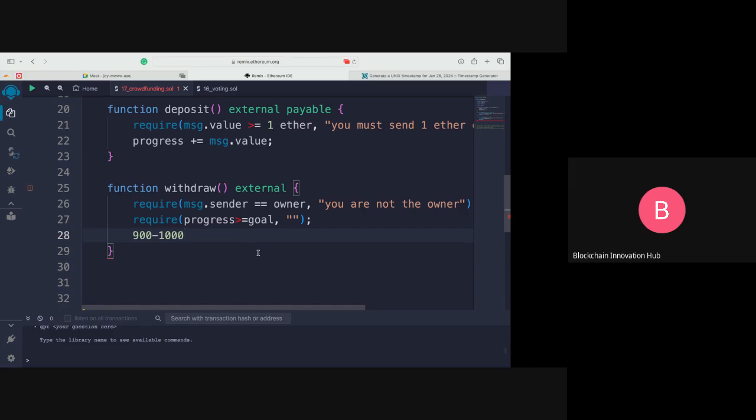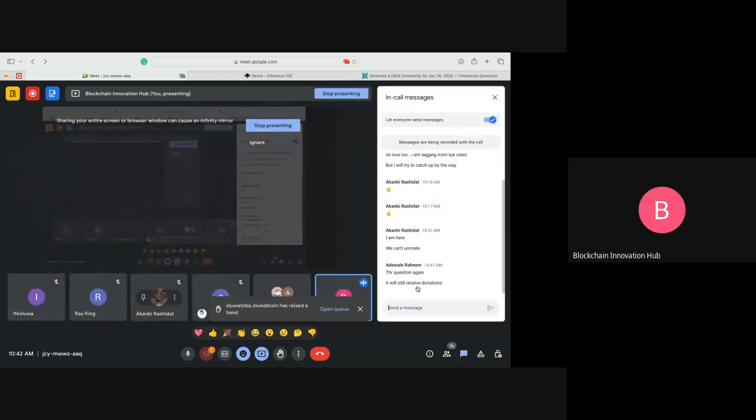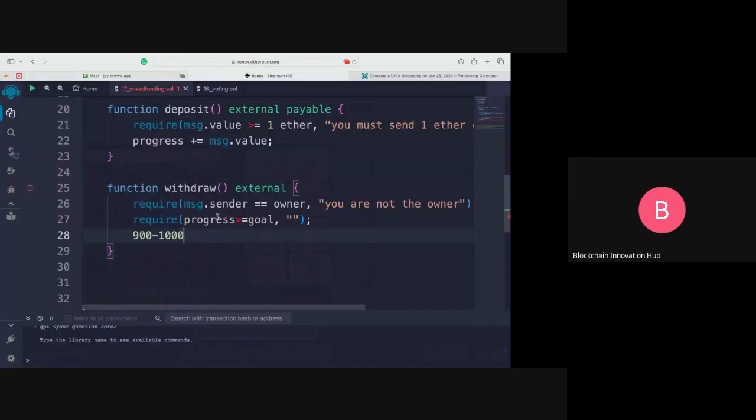At this point, do you think the contract will keep receiving donations or stop receiving donations? Receive donation, awesome. So that's correct. At this point, the contract will still receive donation because the progress is still less than